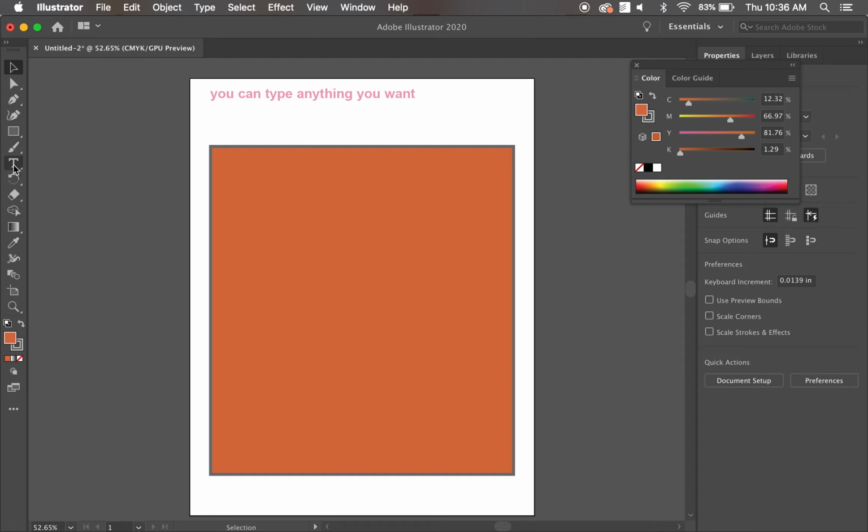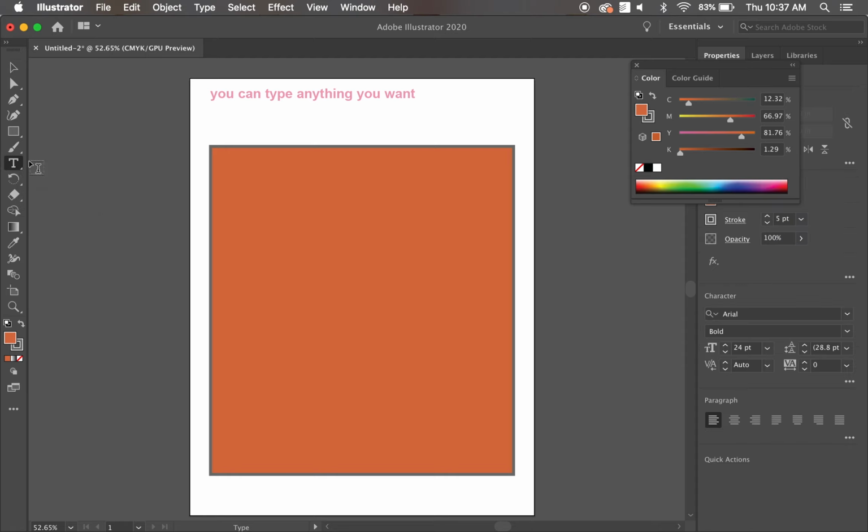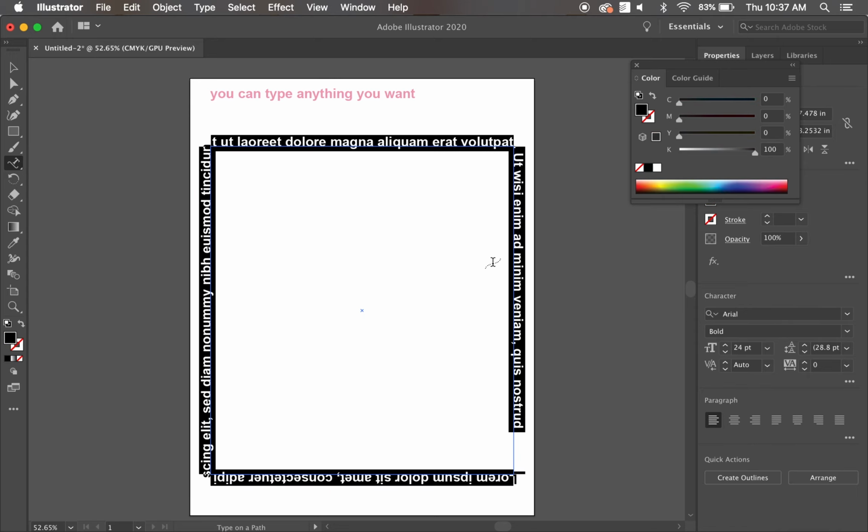Illustrator also allows you to do something called type on a path. So if you hold down or right click on the type tool, you can select type on a path tool, and then you can select your shape and you'll be able to type around the shape. So if you just start typing,